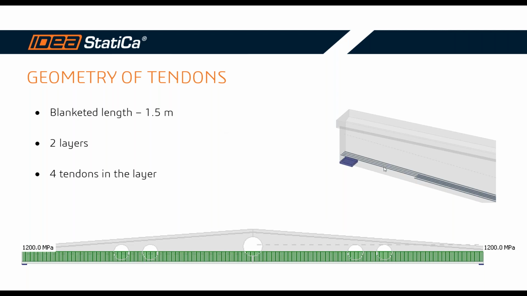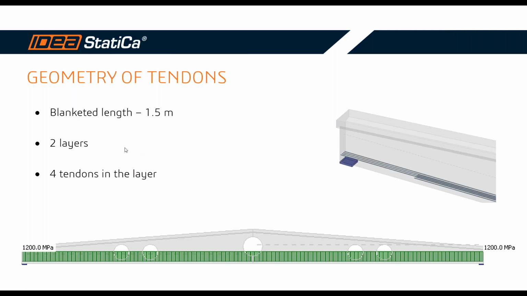So this is the reason why the tendons are trimmed, or here in the model are trimmed, and it simulates the blanketed length. I will have 2 layers, one layer with 4 tendons and the second layer also with 4 tendons, but it will have some blanketed length